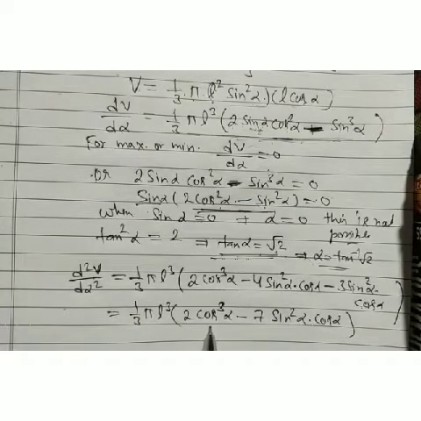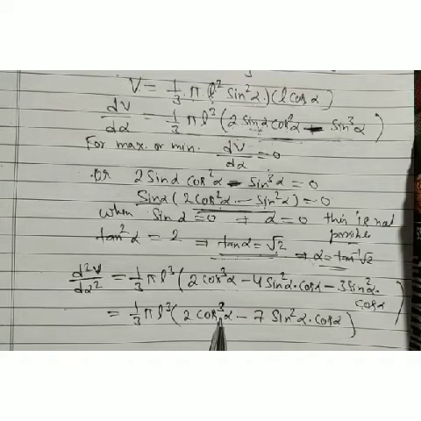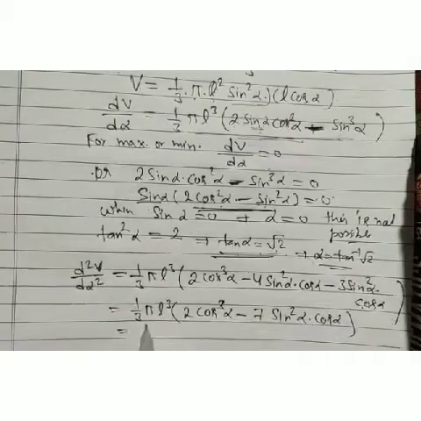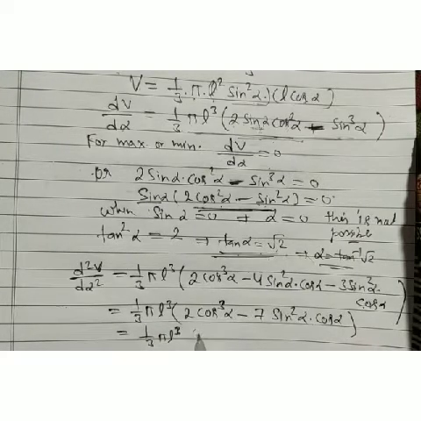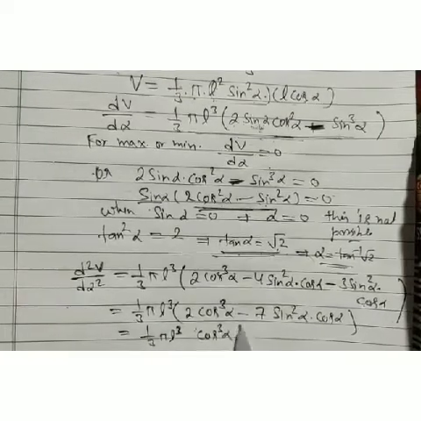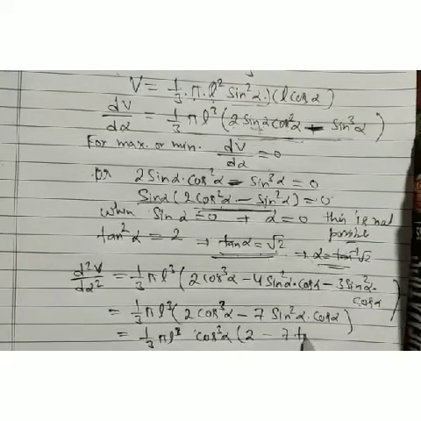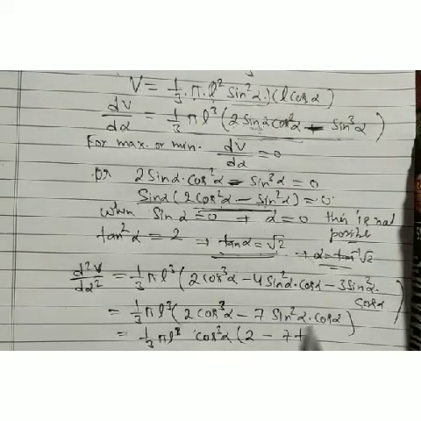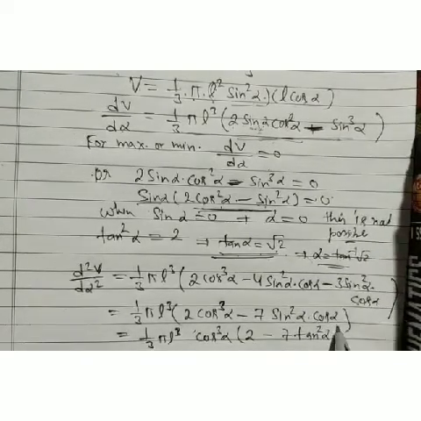We have these terms. When we take common, we are going to take cos cube α common there. 1 by 3 π l cube. We are going to take our cos cube α common there. Then what do we get here? We get here 2, and here we get minus 7. We take cos cube α common. This cancels sin square by cos square. We get 7 tan square α.